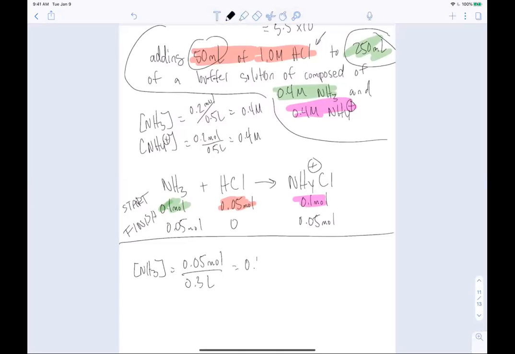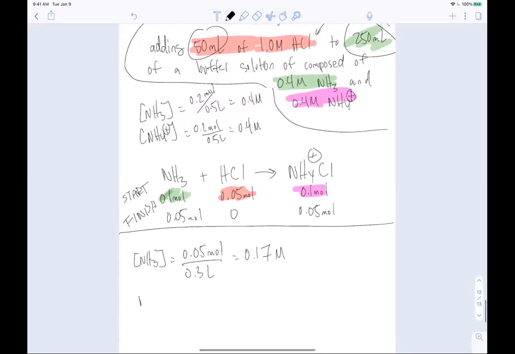So our concentration is 0.16 or 0.17 molar. And our concentration of ammonium